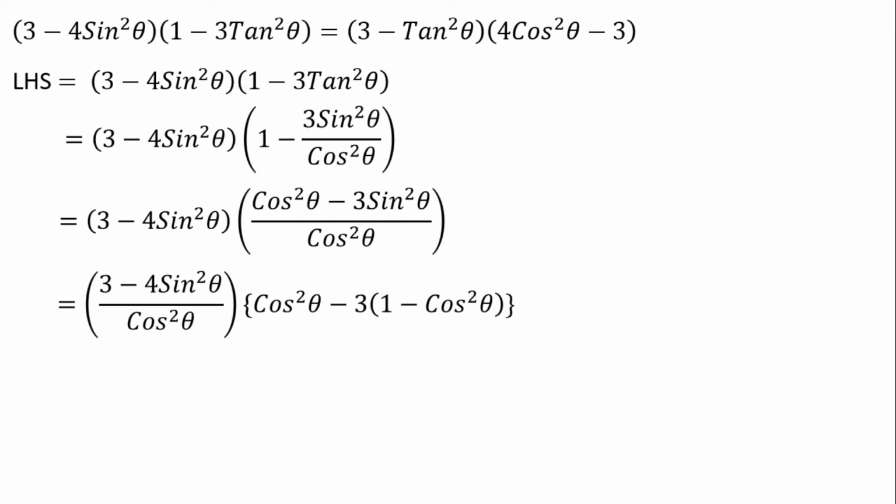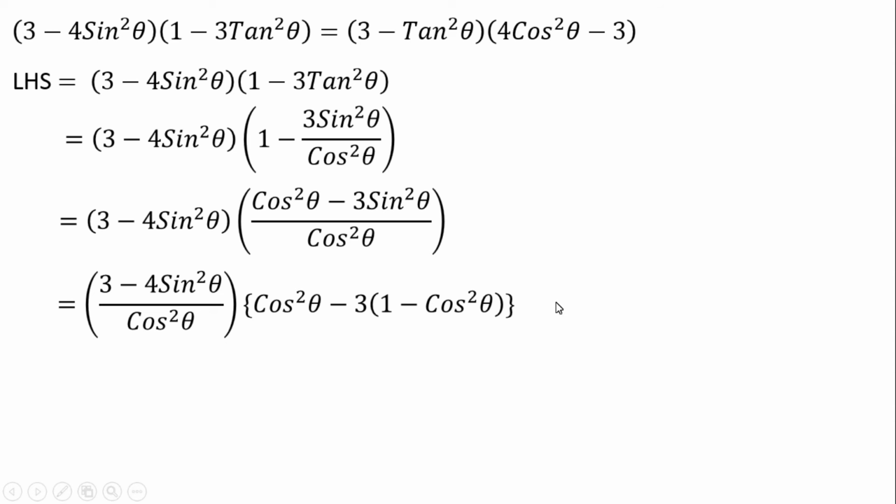Now we are changing the cos square theta from the right expression to the left expression. That means (3 minus 4 sin square theta) by cos square theta. Then the remaining is cos square theta, same, minus 3 also same. Now we are changing sin square theta into cos square theta, because if we see the RHS, in the second expression we have cos square theta only. So we are changing the sin square into cos square.